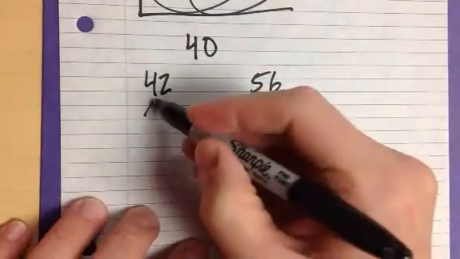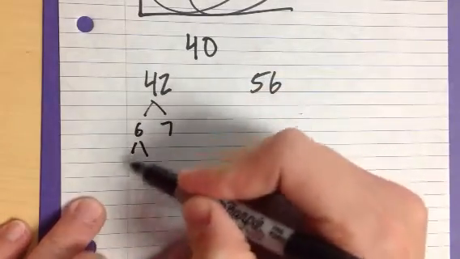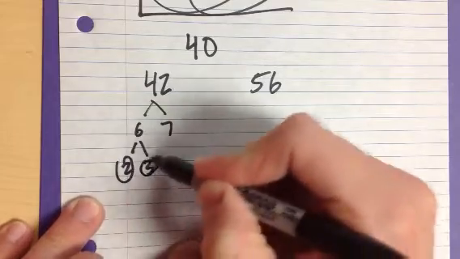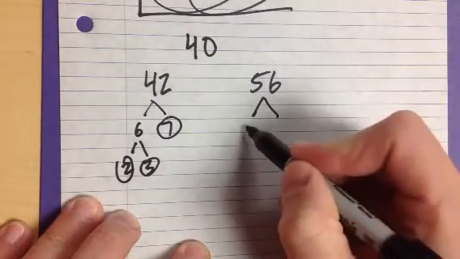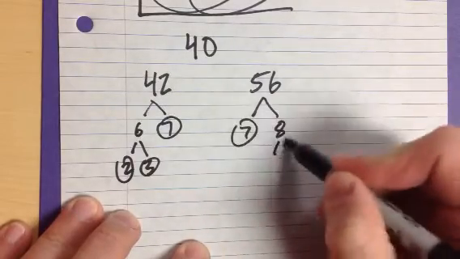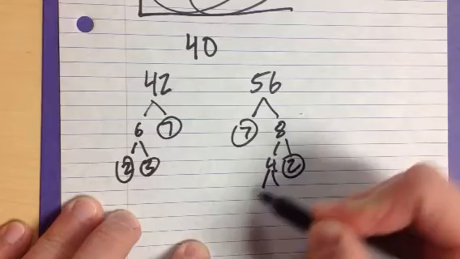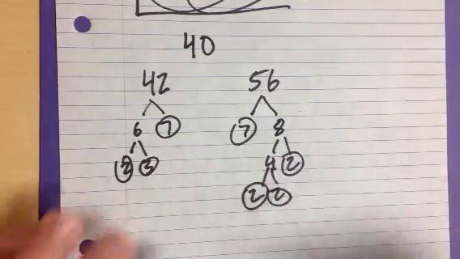and in fact we want to find the greatest common factor. So to do that, again, prime factorization, or we make factor trees for 42, which is 2 times 3 times 7. For 56, that will be 7 times 8. 8 is 4 times 2. 4 is 2 times 2. The